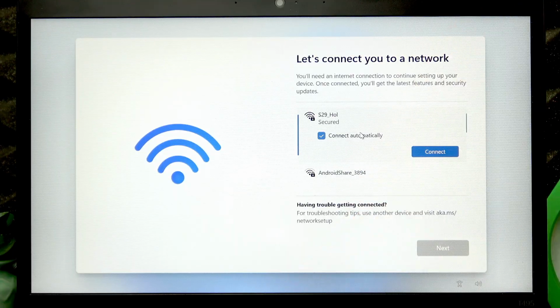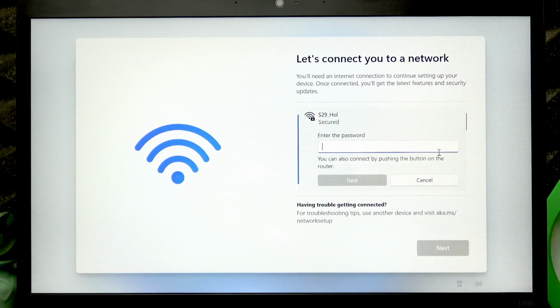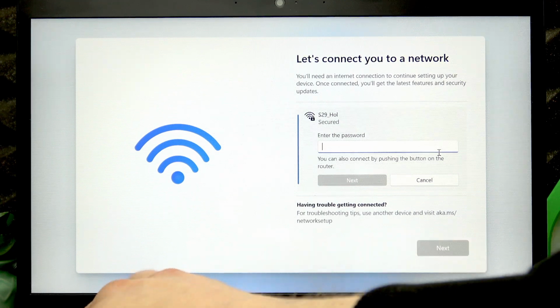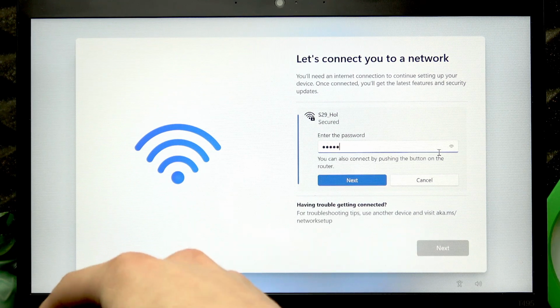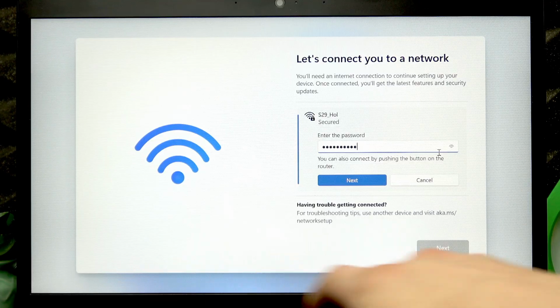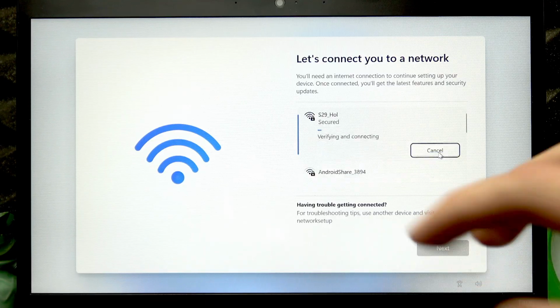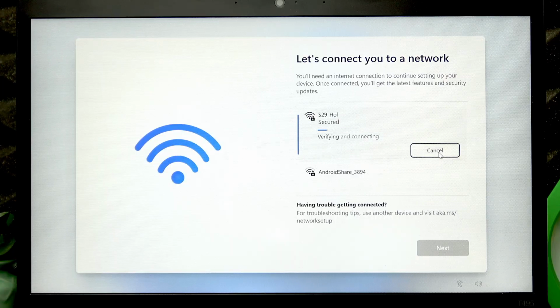So if you want to connect to it automatically, hit the checkbox next to the connect automatically option and then click connect, then enter the password to the network and press enter. Wait until you are connected to it,